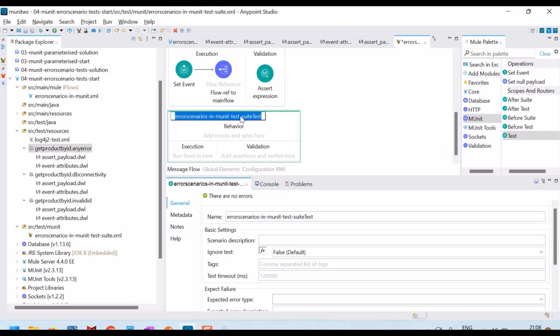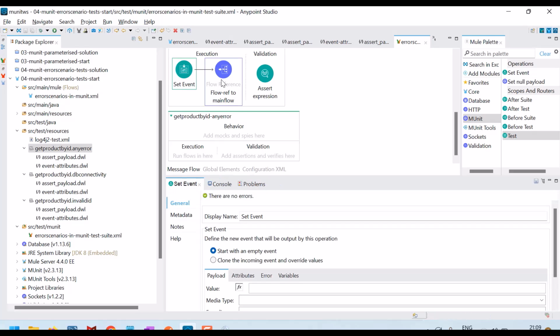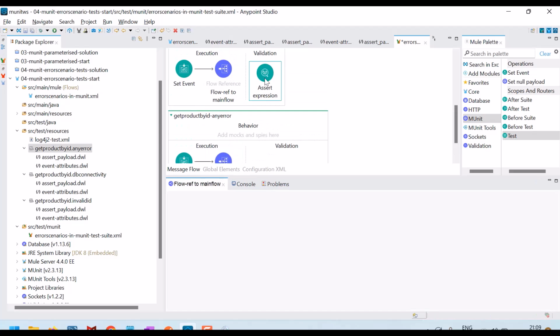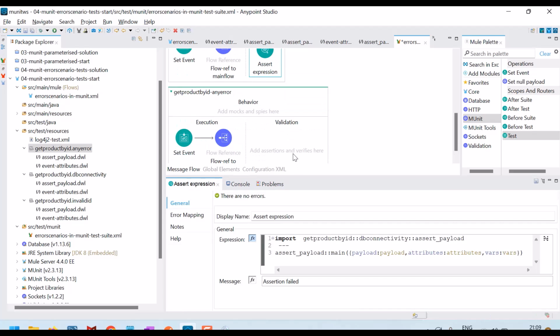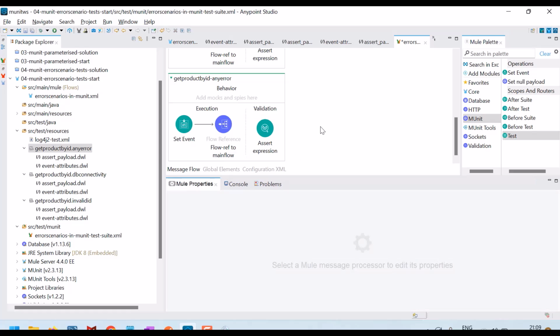And here I will write my flow name as get product by ID dash any error. So I'm testing any error. I'll copy both set event and flow reference here, and also assert expression here, and now